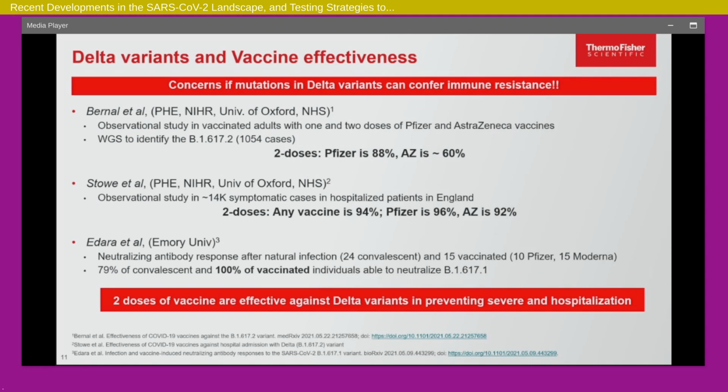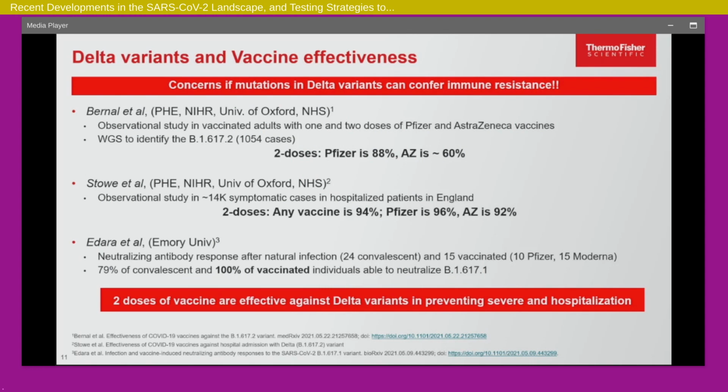The good thing so far, obviously at this point I've been always talking about what are some of the concerns. As of now, and I've used the words "as of now" because I don't know what will be there tomorrow. It could be completely different. The studies show that the vaccines that we have so far seem to work. Whether it is the alpha, beta, gamma, or the delta, the vaccines seem to be effective.